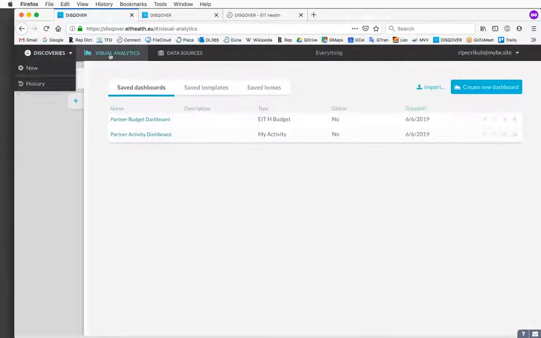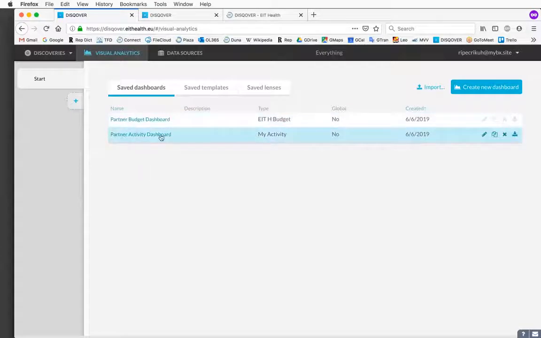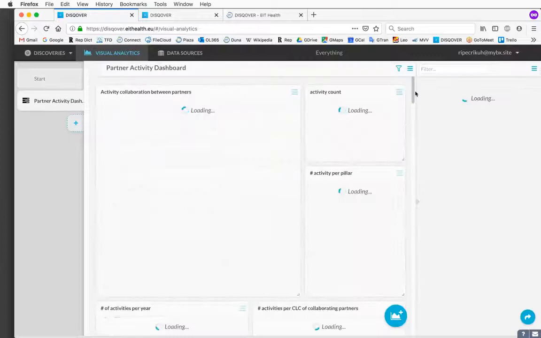So to access it, you just click on this tab, Visual Analytics. You have here Saved Dashboards. You might have more, but you should have at least these two. One is the Partner Budget Dashboard, and the other one the Partner Activity Dashboard, if you are a partner, of course. Just by clicking on this dashboard, you will see